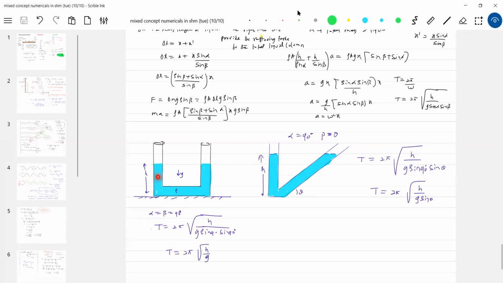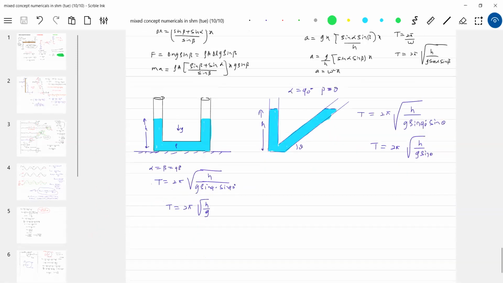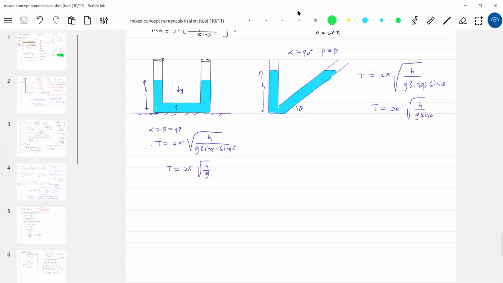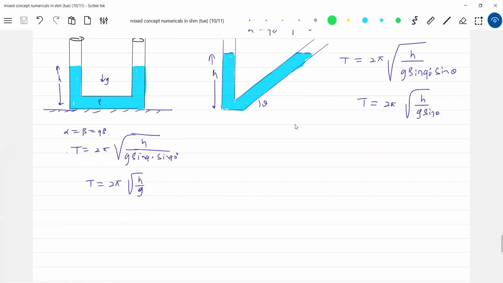I displace the liquid, some length will decrease here. The decrease in length should be increased here. Then the pressure at this point will increase. Then that will be the restoring force. So instead, remember the formula, and try to see where all this formula can be applicable. And not only this, I'll slightly change it. Till now we took linear tubes. Slightly I'll modify it, if we have a condition like this also.